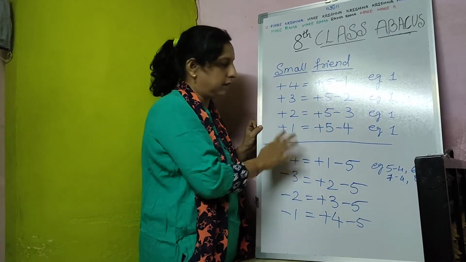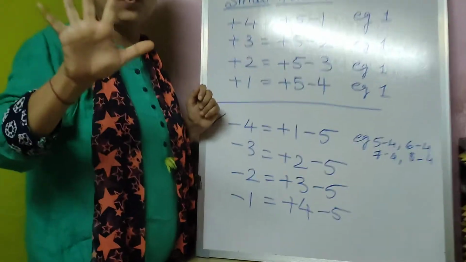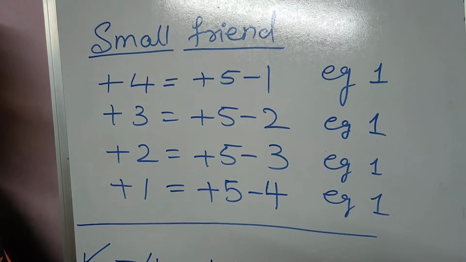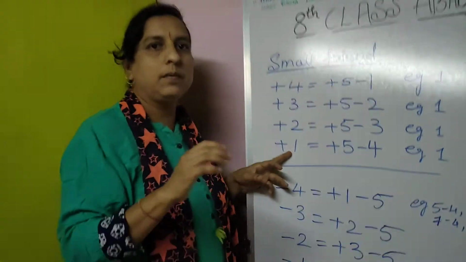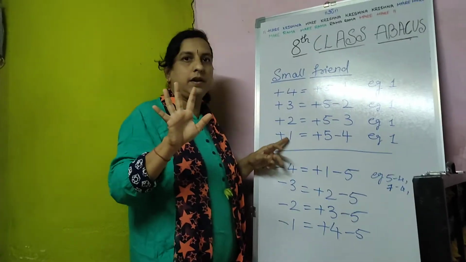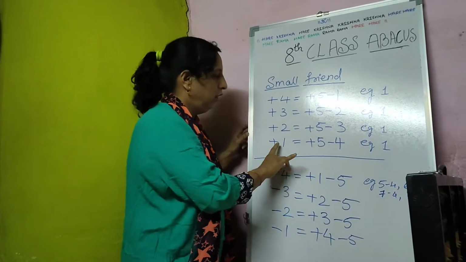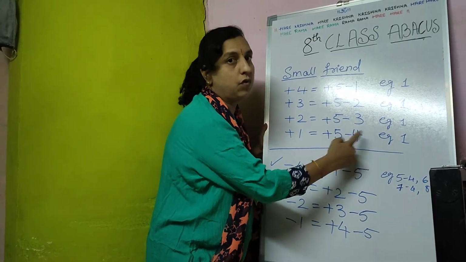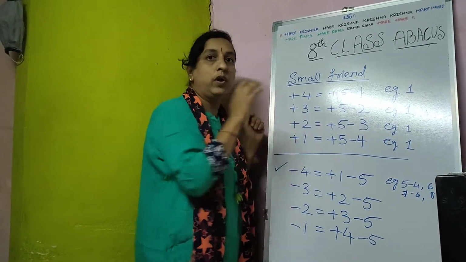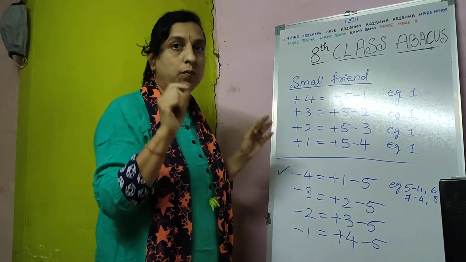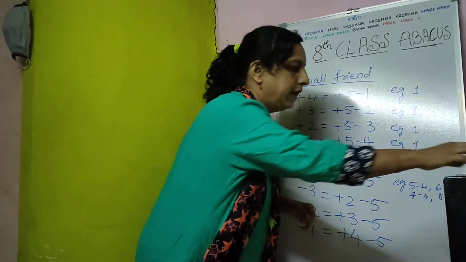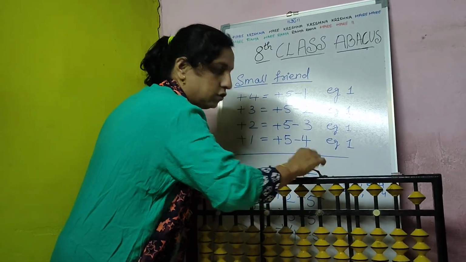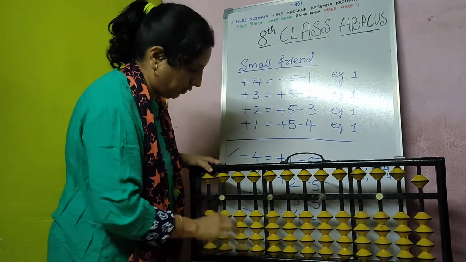Take down this +1. So +1 means one's friend is 4. So see here. Children, concentrate. So +1, one's friend is 4. One's friend is 4 means 1 we cannot do directly, so what we have to do? +5 -4. This I will explain. I have given more examples in the last class. You open your notebook and see it. So I will teach you only one example today. For all these 4, I will take only one example so that you will remember. It will be revised for you.